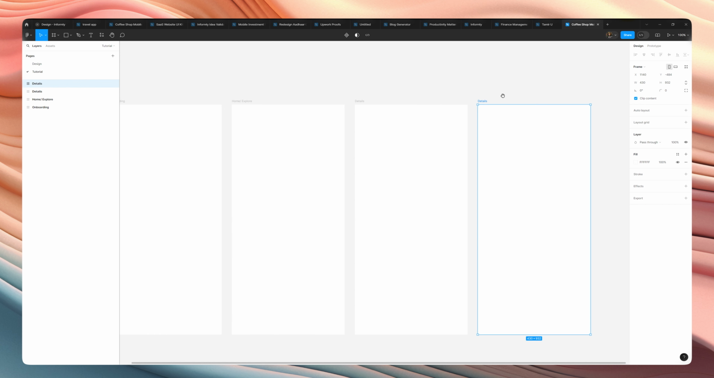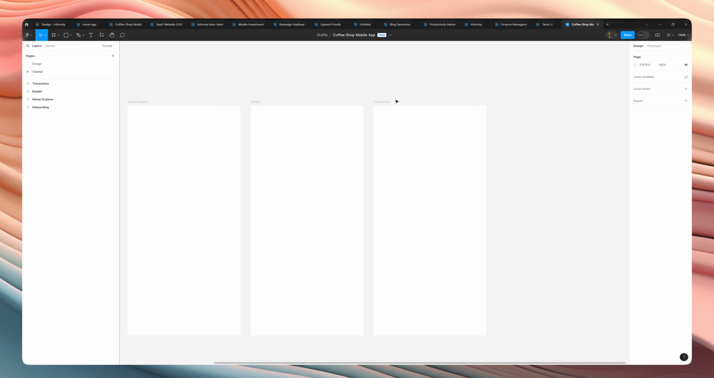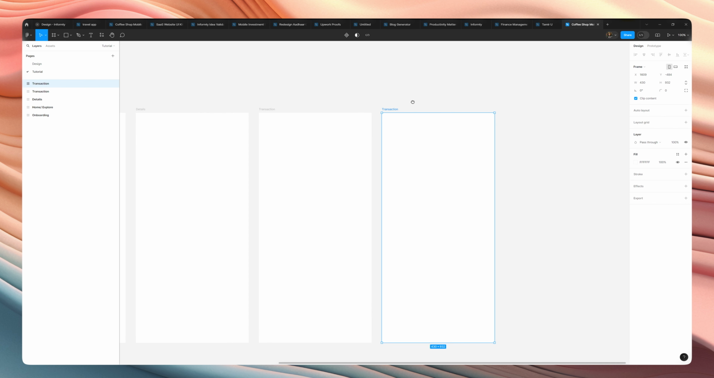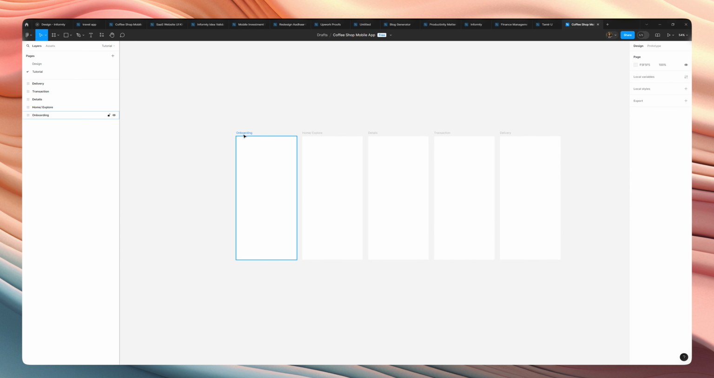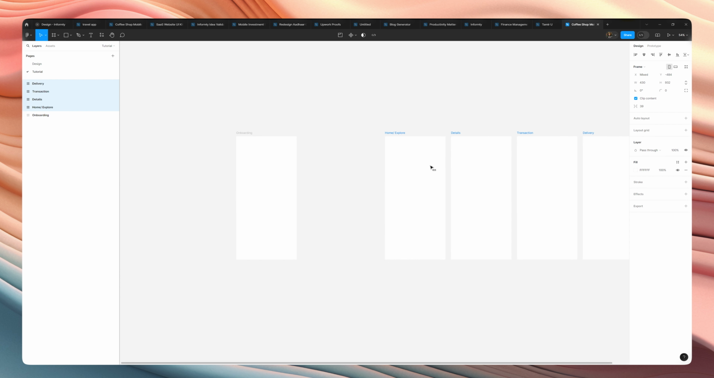And the next would be the transaction screen, where we are going to see the amount and taxes and everything, and how much time it will take to deliver. And the last one would be the map or the delivery screen, where you can track where your delivery is on the way. So let's first focus on the onboarding screen and move all these four screens to the side,